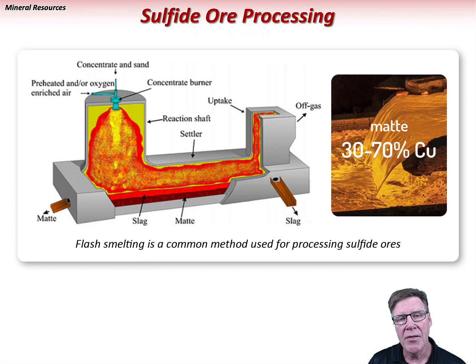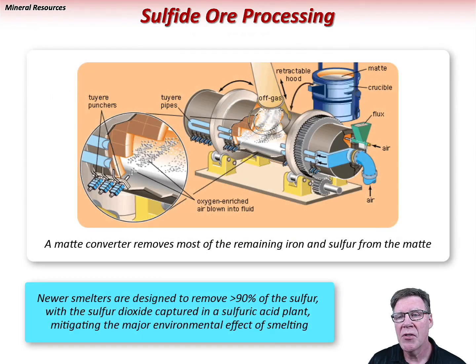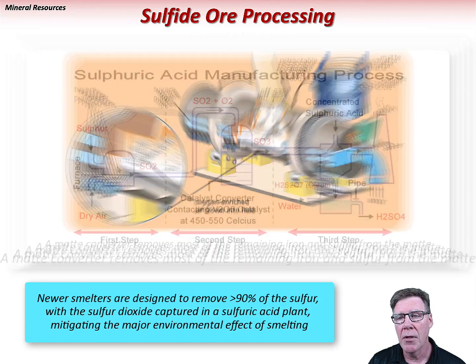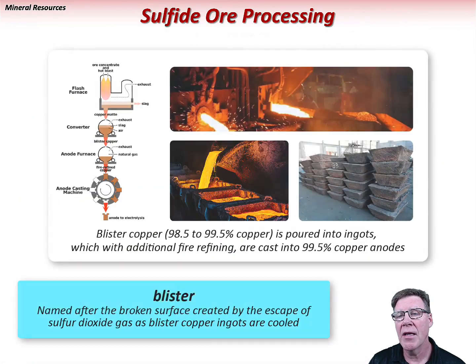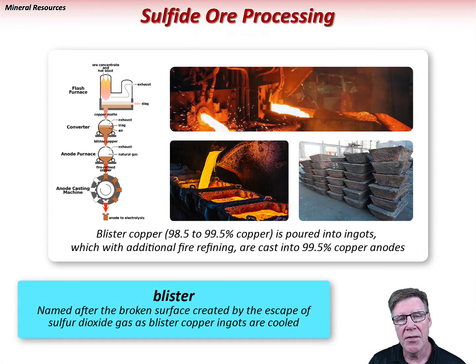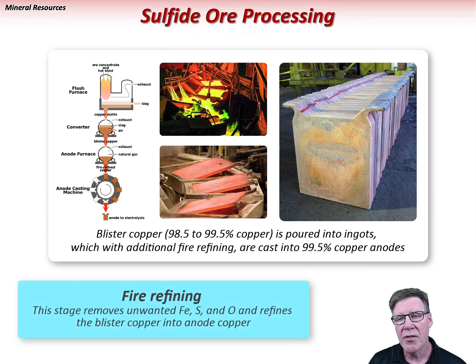The copper matte is 30 to 70% pure copper. The copper matte is then sent to a converter, which separates the sulfur from the copper. The sulfur dioxide is removed and captured for use in leaching processes. The remaining copper is known as blister and is 98.5 to 99.5% pure copper. The blister copper is then sent to an anode furnace, where it is further refined and cast into anodes for